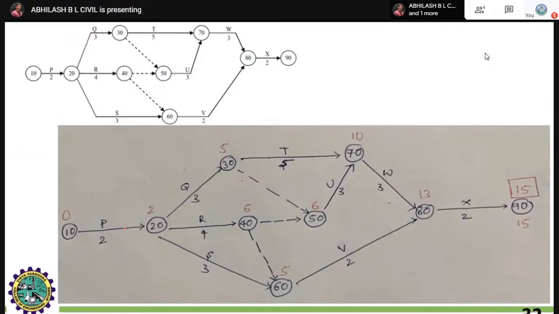You start noting down the topmost early start time of the particular project, 0 plus 2, you will get 2. Go with the flow, right? Here you can mention 2 plus 3, 5. Stop here. Again, go with another flow. 2 plus 4 is 6, right? 2 plus 3 is 5.